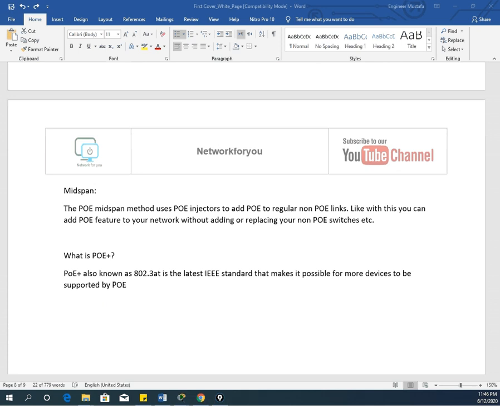For example, this is a basic topology. Let me select a different pen and different color. If you see here, this is a switch, and it is connected to, for example, an access point, the CCTV camera, and the VoIP phone.